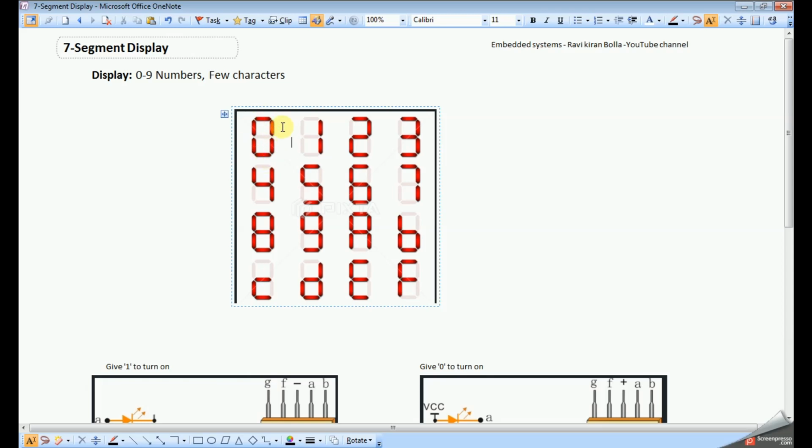Suppose if you want to display one in the display, that means there are different segments.